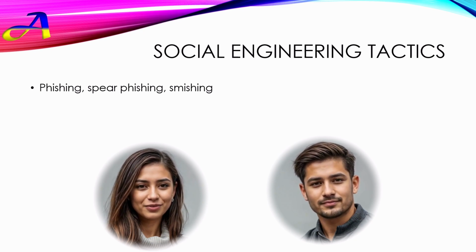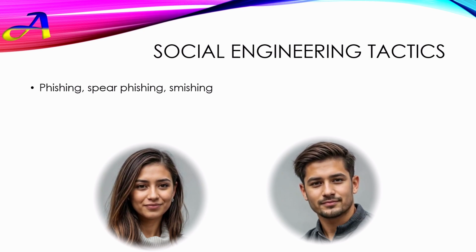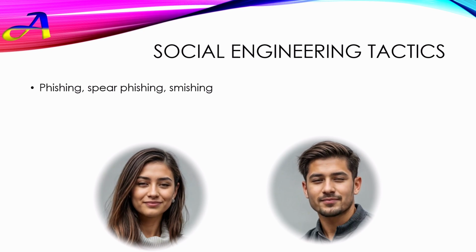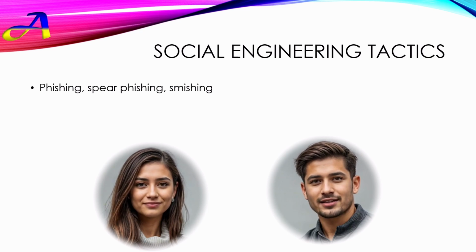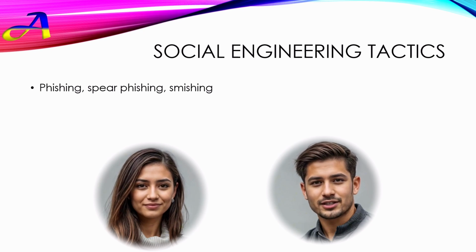And phishing is a prime example of this, isn't it? But the source makes a distinction between regular phishing and spear phishing. What's the key difference there? You're right. Phishing is a broad, untargeted attack using deceptive emails, messages, or websites. Attackers cast a wide net, hoping that someone, somewhere, will take the bait. Like phishing with a net? Yeah, basically. Hoping someone clicks a malicious link or provides sensitive information.